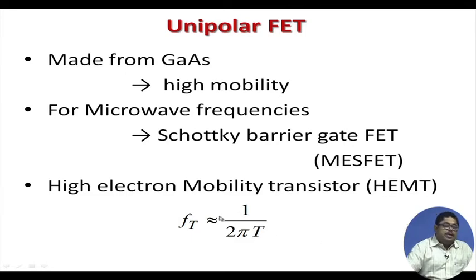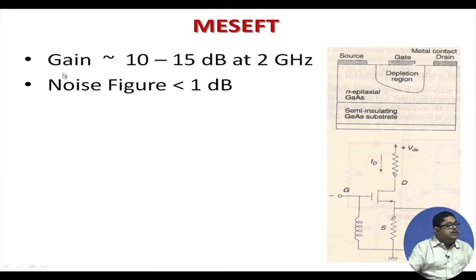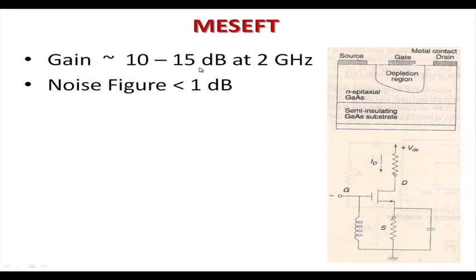Again here, if you can minimize the transit time, you can get a much higher cutoff frequency fT. But at fT, the gain is 1. So people do not operate at the cutoff frequency; you want it much lower than that, though theoretically up to that you can have the amplifier.